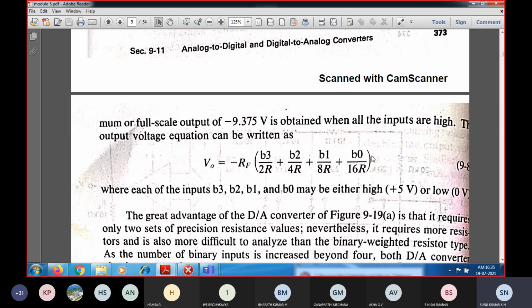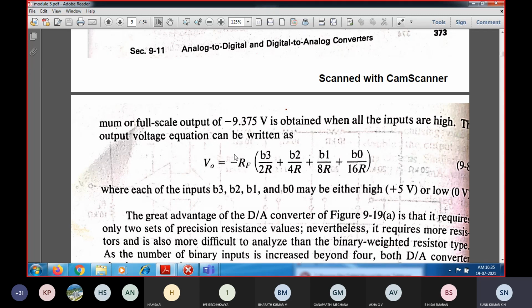The rest of the bit positions are 0, so you will be getting 5 by 8. 5 divided by 8 is nothing but 0.625. RF is 20k divided by 10k, so we will be getting 2.5 as the output voltage, so minus 2.5. So when you connect B1 alone, you will be getting the output voltage equal to